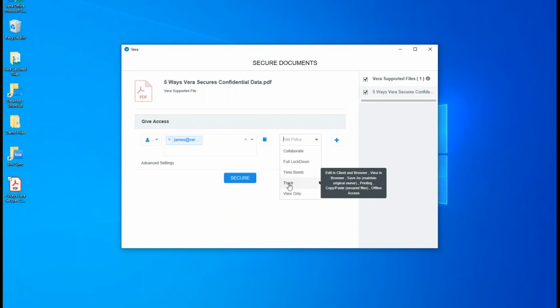James, who I grant access to this file, will be able to edit the file. They will be able to do a save as and create new copies of the file. They will be able to print the file. They will be able to copy and paste the file, or copy and paste out of the file. So it's pretty permissive. Now, maybe I don't want to give James that much control over the file, so I'll